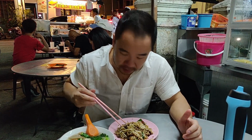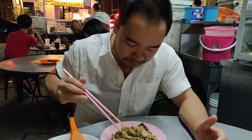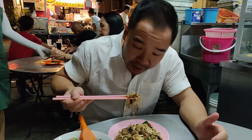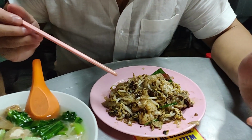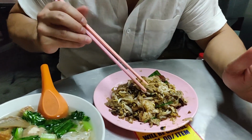Okay, so we've got the world famous Penang char kway teow with duck egg. Never tried this before, but it's come highly recommended from my friends. Nothing really beats fried noodles that have been done properly. With proper wok hei,